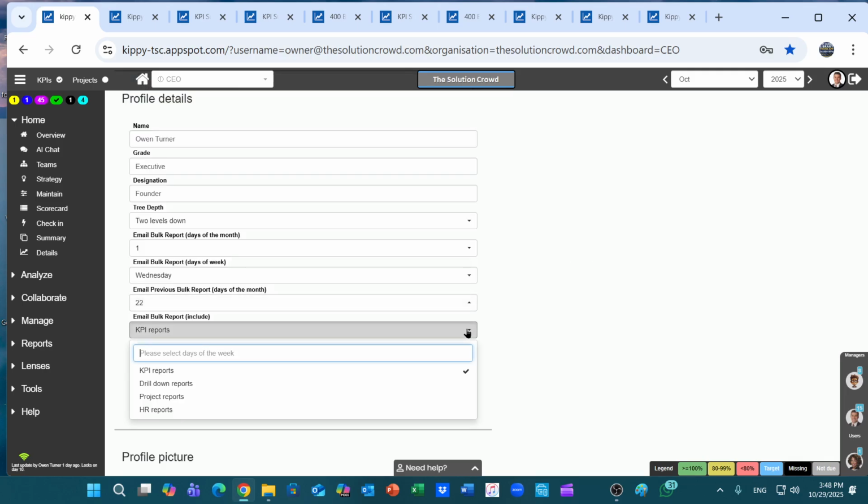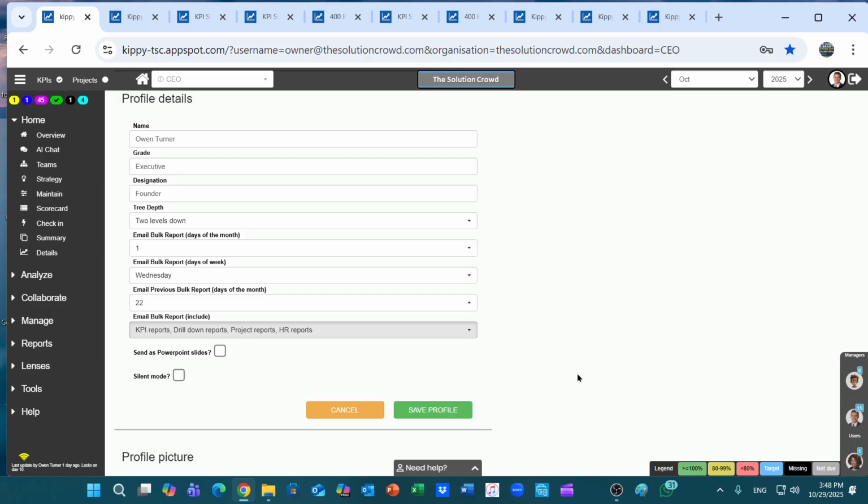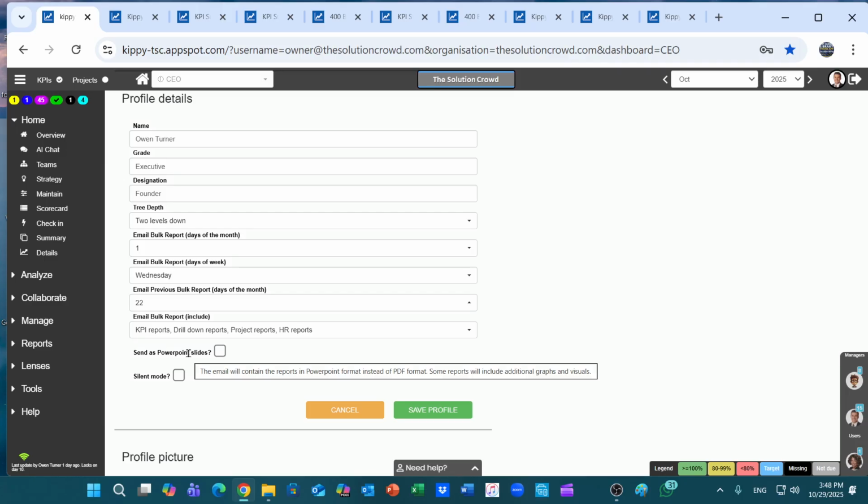So this is where you choose what kind of reports you need. These are the KPI reports, drill down reports, project reports, HR reports, all of them. I need them to be emailed to me periodically, and I choose what date and what week I need to receive them. Send a PowerPoint slide: the email will contain the report in PowerPoint format instead of PDF format, just to give you a more